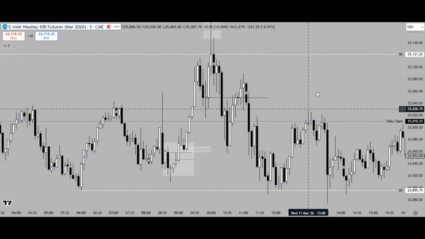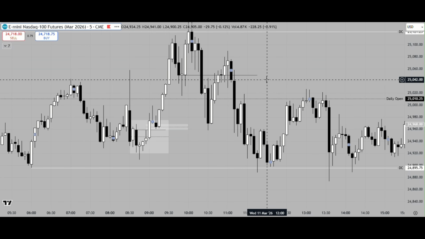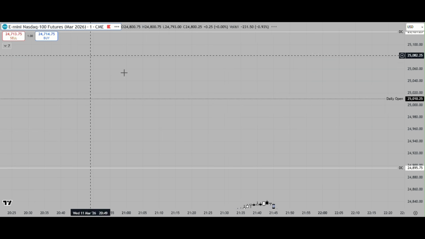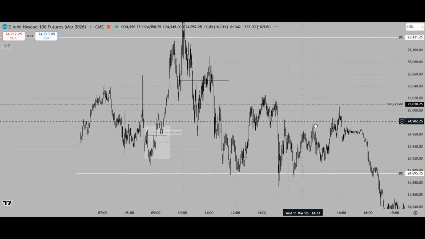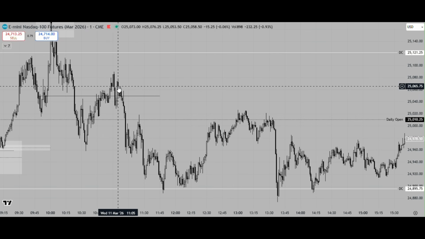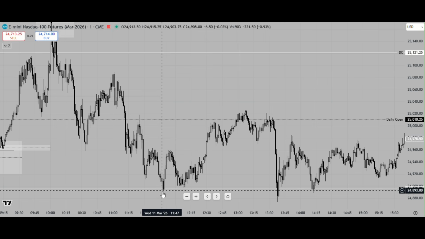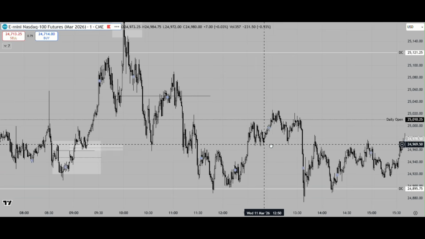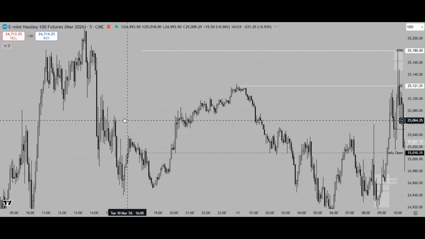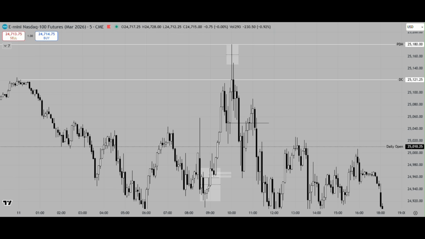And the second stage of distribution is ICT's favorite model. They asked him if he still would trade one model his whole life, he chose this model. It goes very fast. Let's hop on the 1 minute time frame. You see these fast candles, some accumulation, fast candles, and there we go. But what happened right before this? Let's hop onto the 1 minute, it's more clear there.